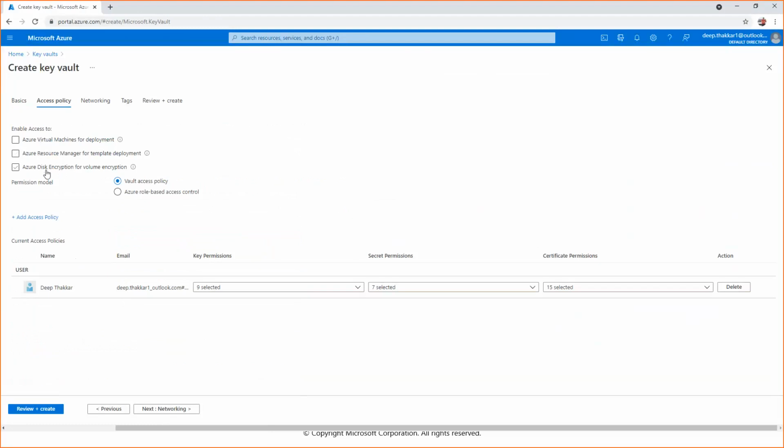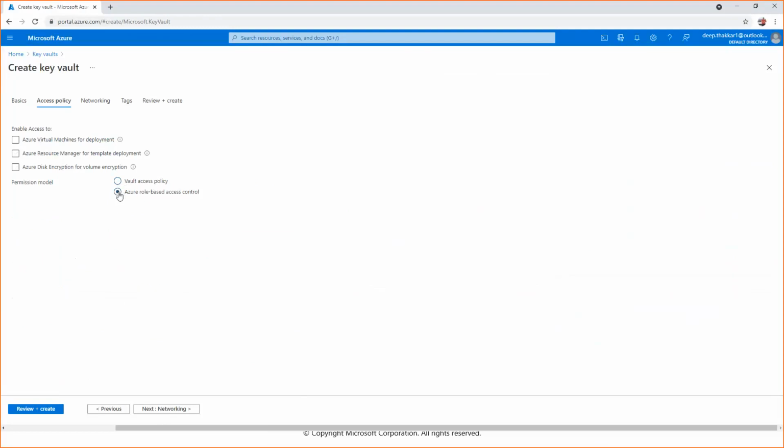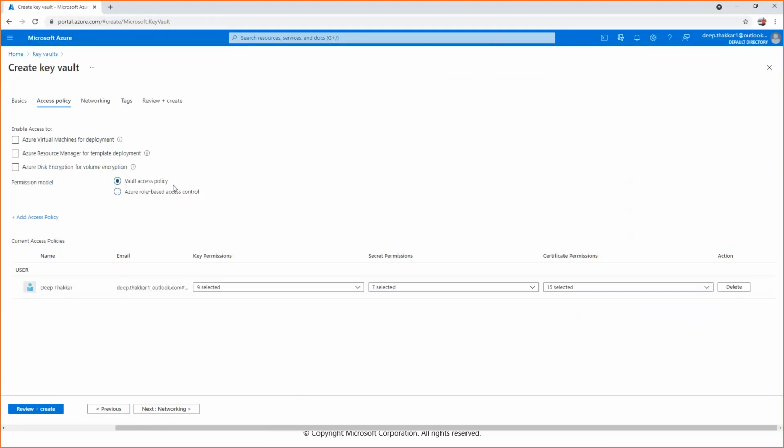If you want Azure Disk Encryption for volume encryption, you can select that. Also, there are two kinds of permission models available here: one is vault access policy, and the other is role-based access policy. If I select role-based policy, then corresponding to a role, this key will be created. For timing, I am just selecting this.